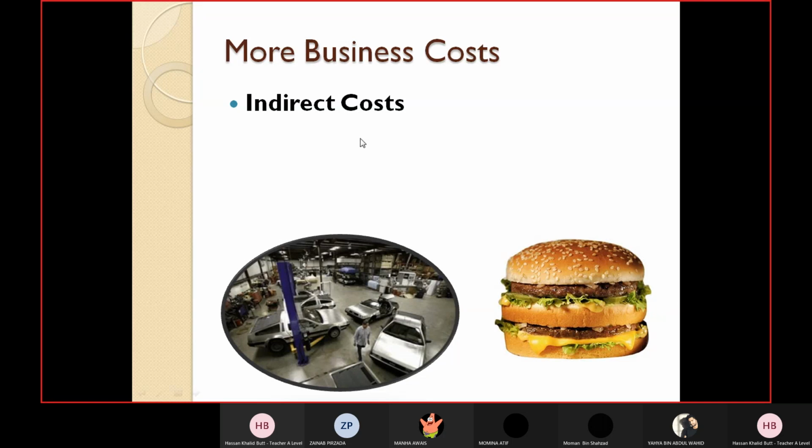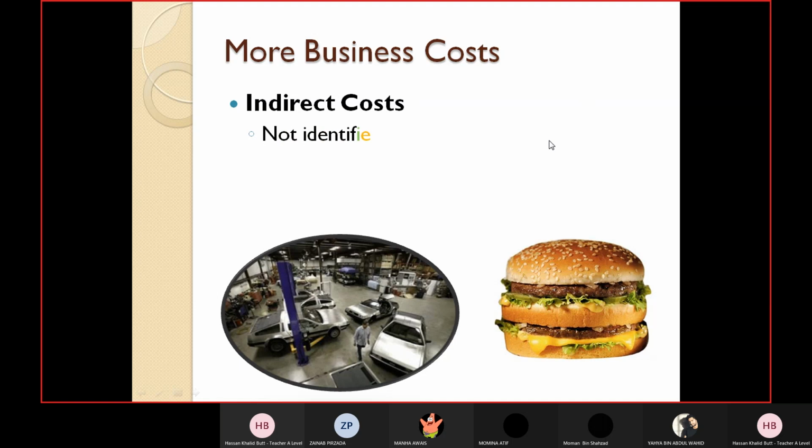Okay, so if in the question while drawing a break-even chart or while finding out the break-even level of output, they mention indirect cost, you can assume it as a fixed cost, right? If they mention direct cost, you can assume it as a variable cost. But for calculation only, remember, for calculation only. If they ask you to define it, you cannot define direct cost in the same way you define variable cost. I just mentioned to you, right?